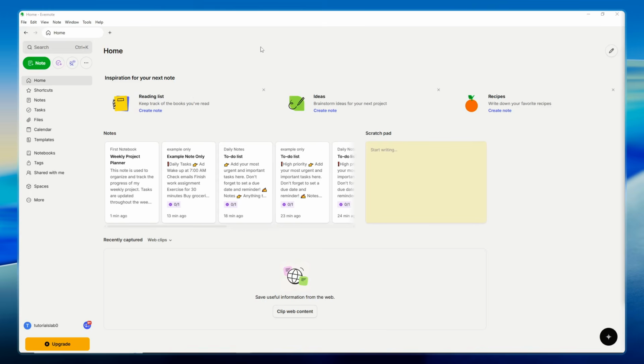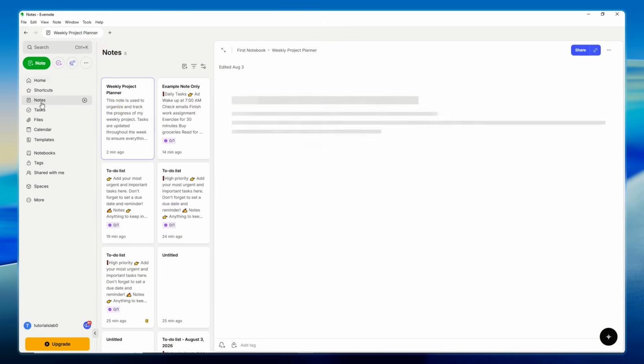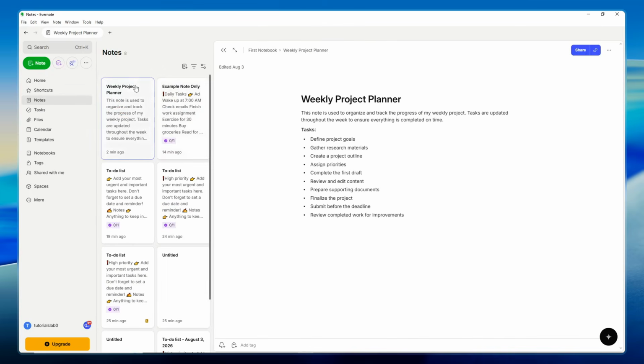First, open the Evernote app on your computer and log in with your credentials to access your account. Once you're logged in and the app loads, direct your attention to the left sidebar of the screen. You'll see several navigation options there, and you need to click on Notes. This will display all your stored notes in the application, making it easy to locate the specific one you want